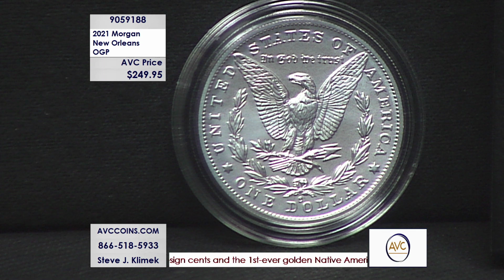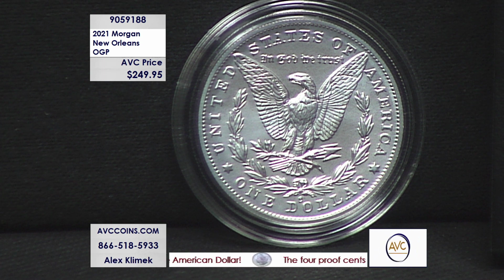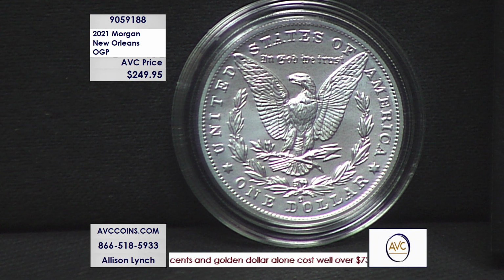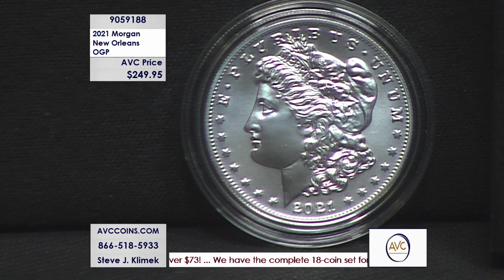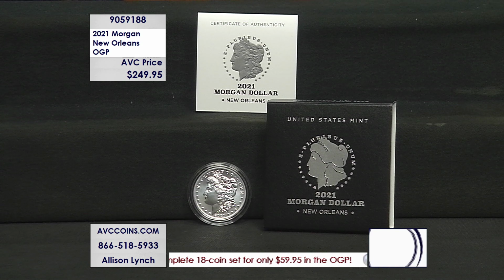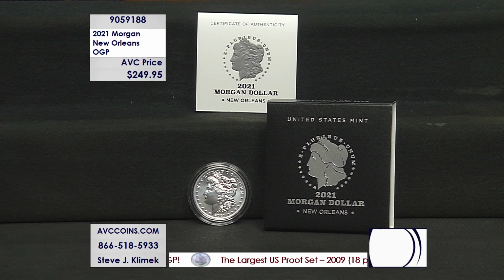Now, the only thing that was unique about this release was the Philadelphia, Denver, and San Francisco Mint coins all featured mint marks. However, the New Orleans and Carson City Mint versions had special privy marks and were produced at the other mints. This is due to the fact that the Morgan dollar hasn't been struck at the New Orleans Mint since 1904, over 119 years before then. And on top of that, the Carson City Mint and the New Orleans Mint have not been production-based mint facilities for an incredibly long time. So while it's not officially the Mint mark, it is the first Morgan dollar struck in over 119 years to feature the iconic O mark that always denoted when the coin came from our nation's only southern mint down in